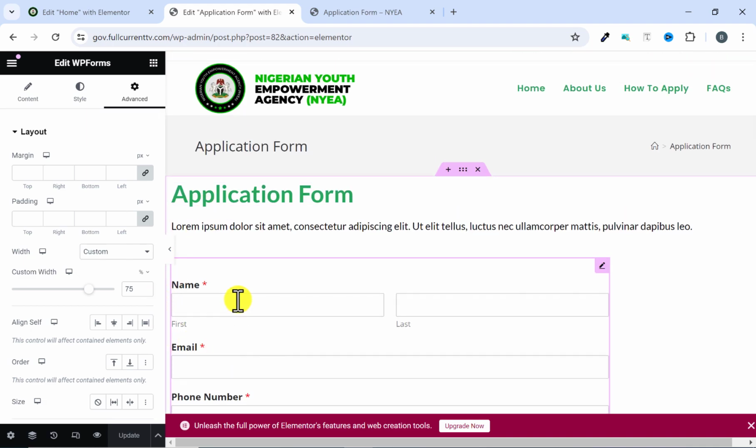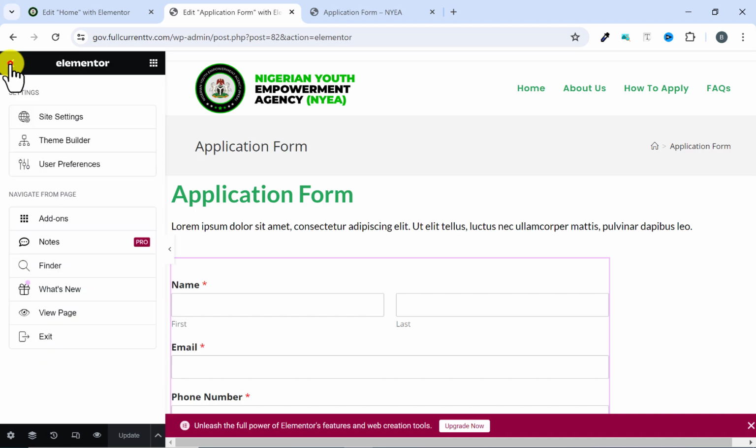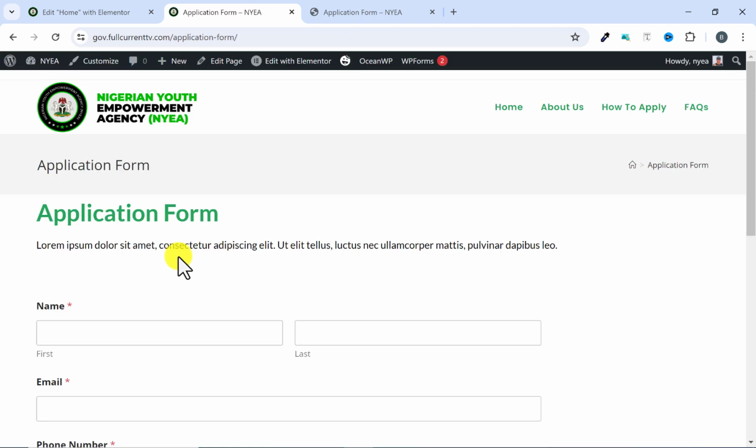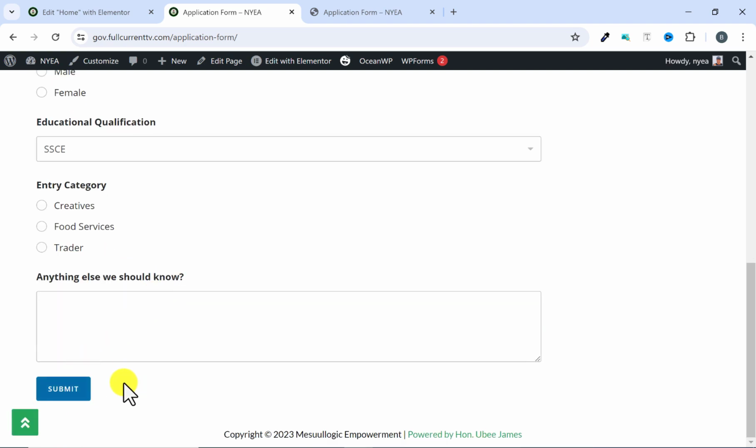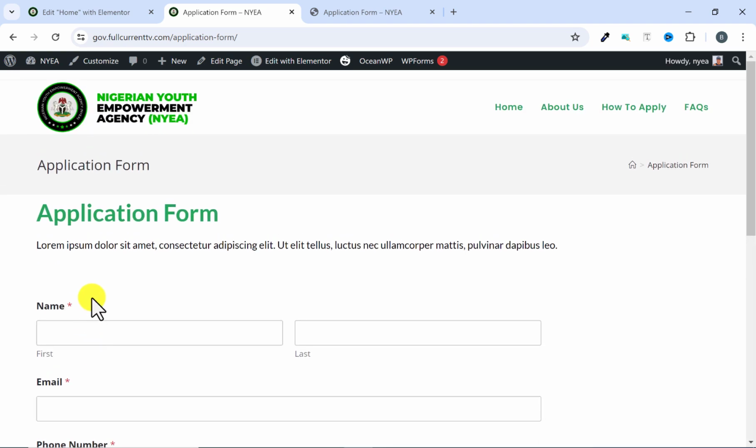So let's now preview our website. I click on this hamburger and I click on view page. So this is how my website looks. Everything looks great here. Now we have this heading here. You can see we have this title, application form title. We don't want this, so to get rid of this title, just click on edit page,